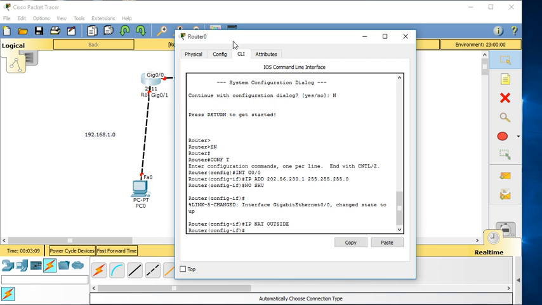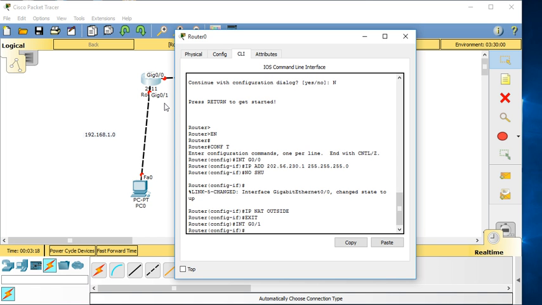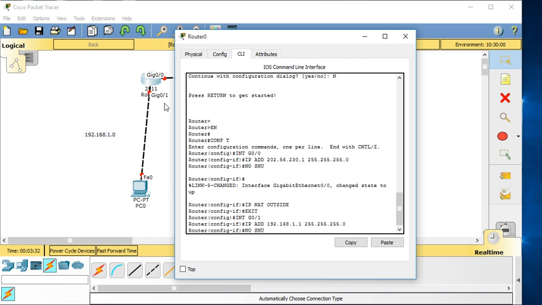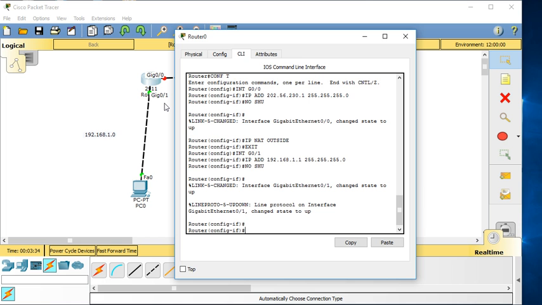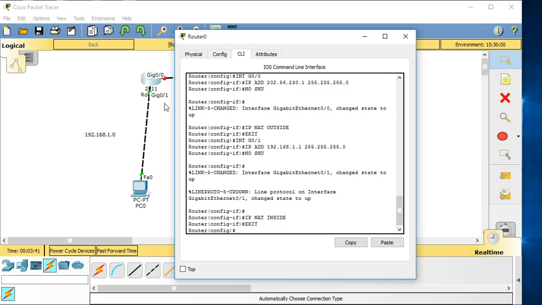Then we go to port G0/1, interface G0/1. The IP address is 192.168.1.1 255.255.255.0, no shutdown. Then ip nat inside. Finally we exit.